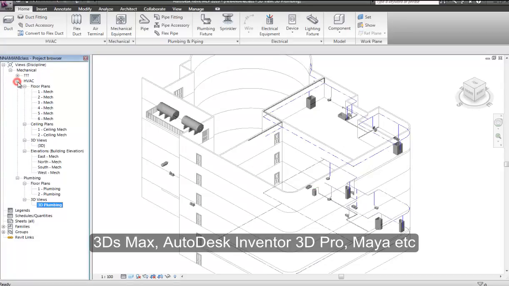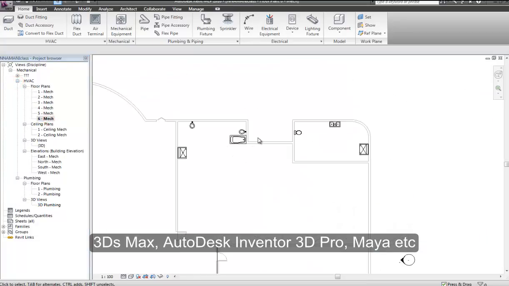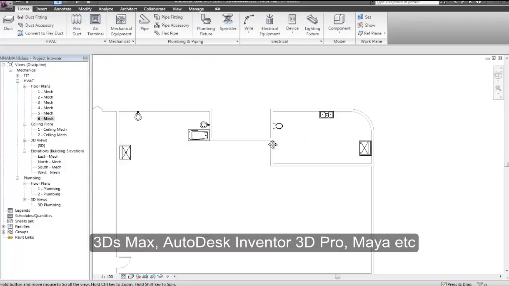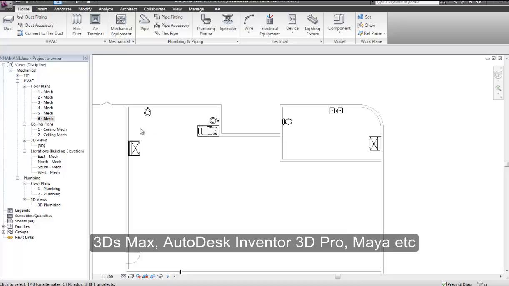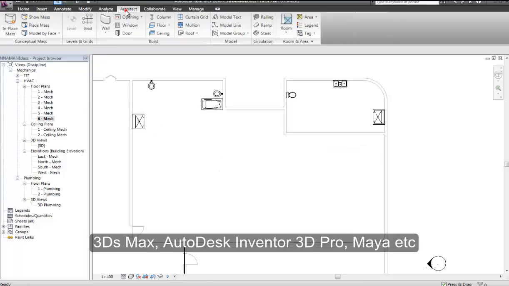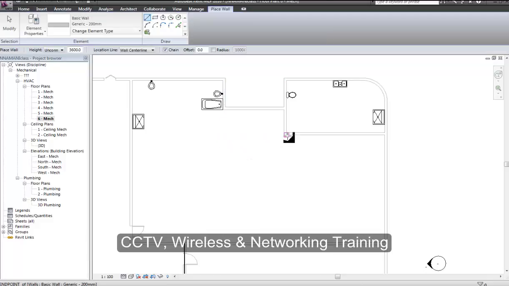So I just want to maintain this, and if I go to level 6 now, you can see this place now. So yeah, I want to input some electrical connections and stuff like that. Let me divide some of this room now. I'll go back to architecture, click on wall. When I click on wall, save the project. Cool. When I click on wall, I've not saved in time, so I'm just going to generate some wall